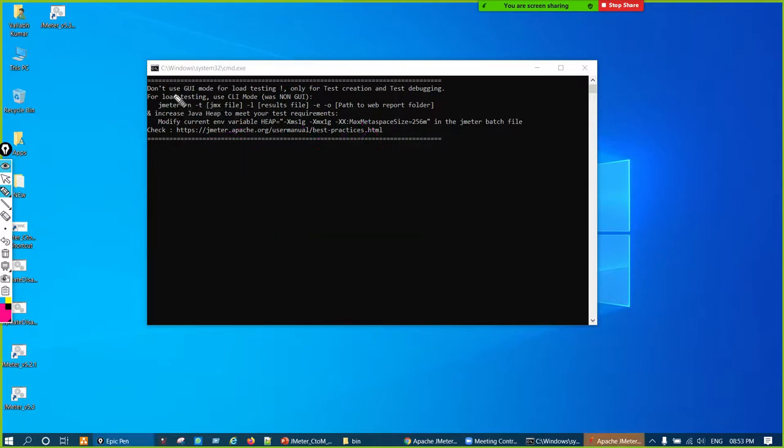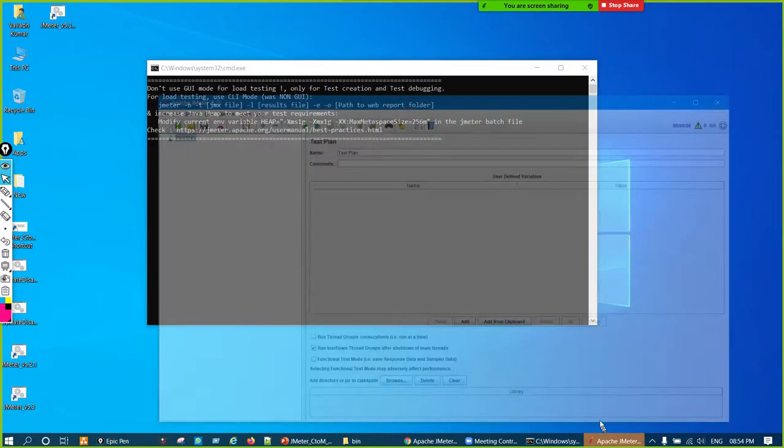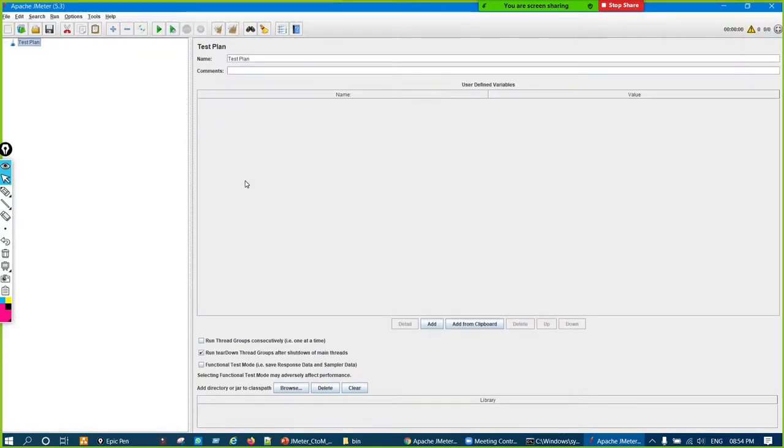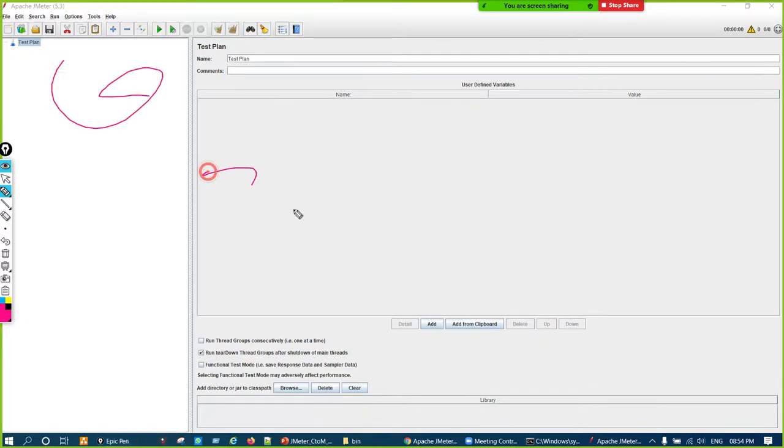When JMeter finally launches, you'll see some information coming. Do not worry, this is only information given by JMeter. And after that, JMeter will launch. This is JMeter. So JMeter looks like this, and this is the only component we have in JMeter. Anyone from LoadRunner, I'm not sure. I'll do one introduction session tomorrow. In LoadRunner we have three components: Virtual User Generator, Controller, and Analysis. But here only one component, and here we'll do everything.